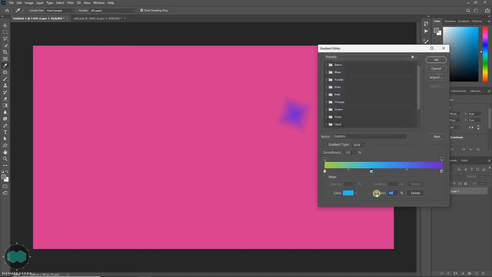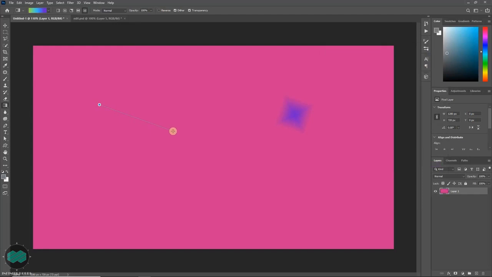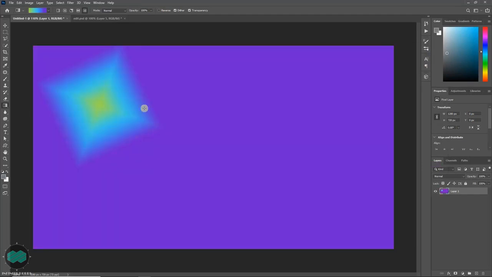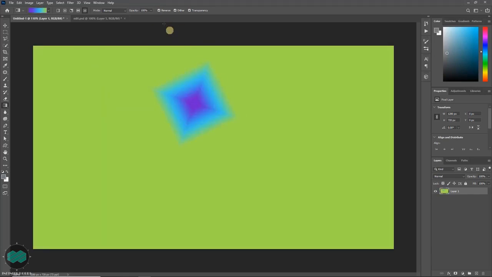You also can set your location from here. Also can drag like this. And if you want, just delete it. And on the top, you can play with the opacity. Also can move the location. Just drag like this to see how it looks. Apply the reverse option. You can just play around and test all the settings and see how it looks.